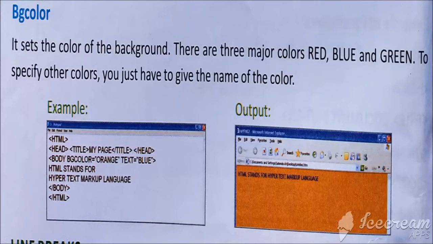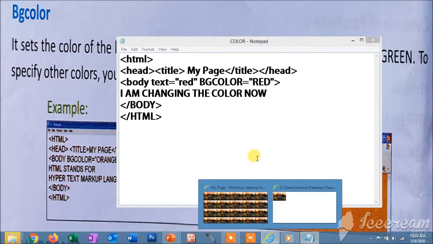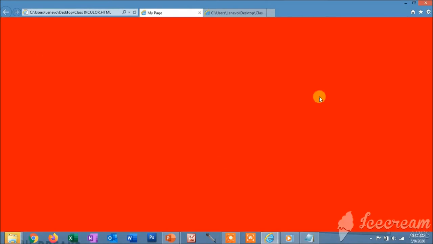Now another topic is BG color, meaning background color. You can also give a background color to the body. The code is bgcolor and write the name of the color which you want to set. This is the code. Now how can you apply it? Look, see. Open the notepad, write down bgcolor and write the name of the color. After writing this, again press Control S and you can execute your file again. Now I am opening this file and pressing refresh, F5. Look, see, the background color of the content is changed.